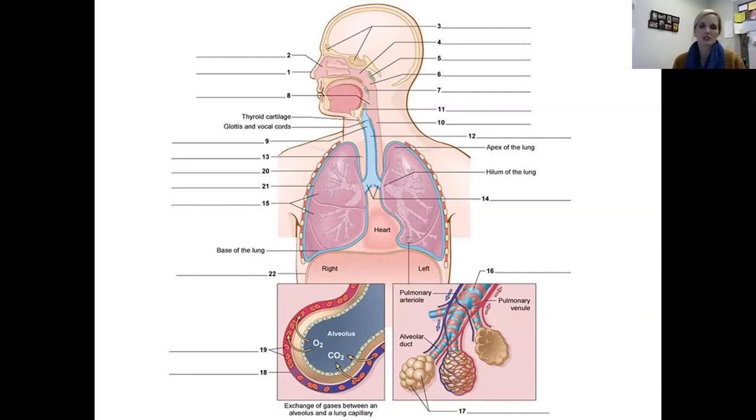Those smaller branches are what number 16 is pointing to. Number 16 down here in this smaller picture is pointing to the bronchioles. So same term, bronchi, but add O-L-E-S at the end, bronchioles. So those are your smaller branches, and at the end of those branches, the leaves of our bronchial tree here, this small cluster that looks like a cluster of grapes, these are air sacs in our lungs. These are called the alveoli,